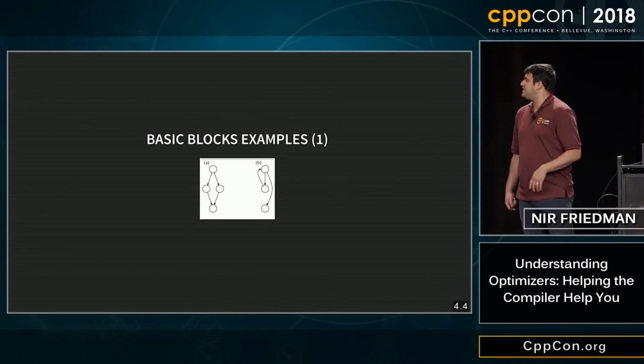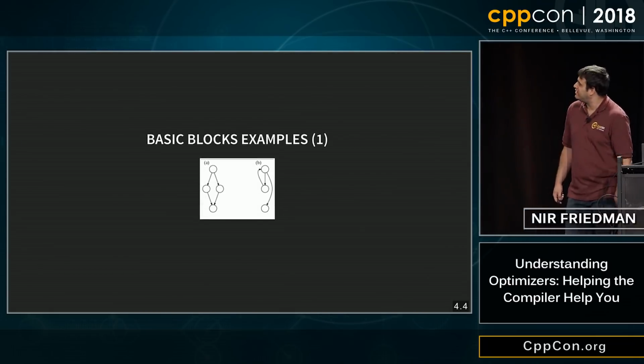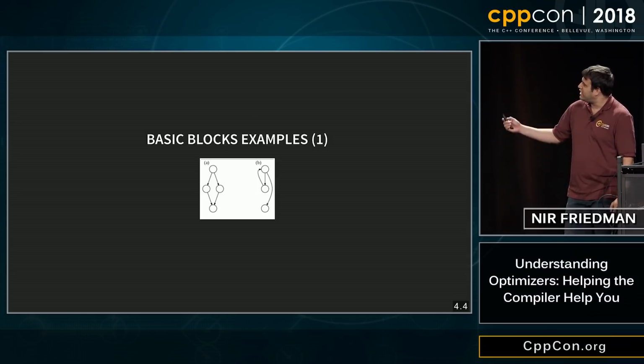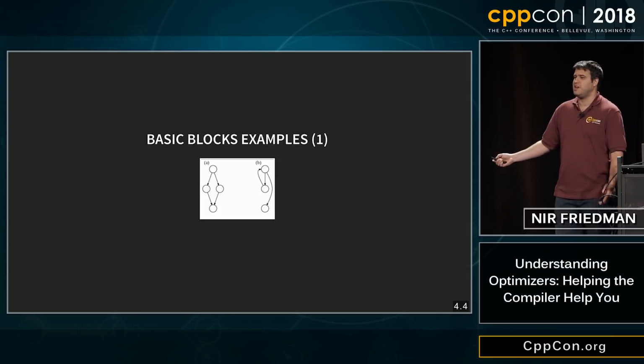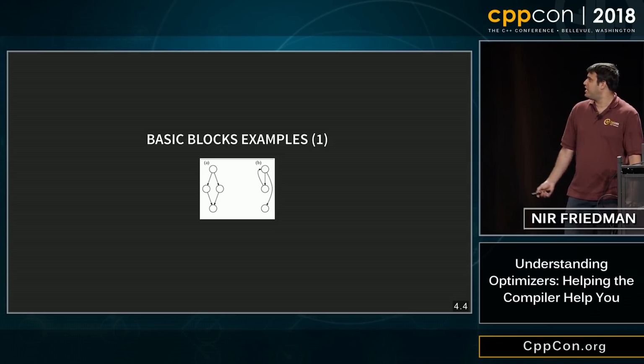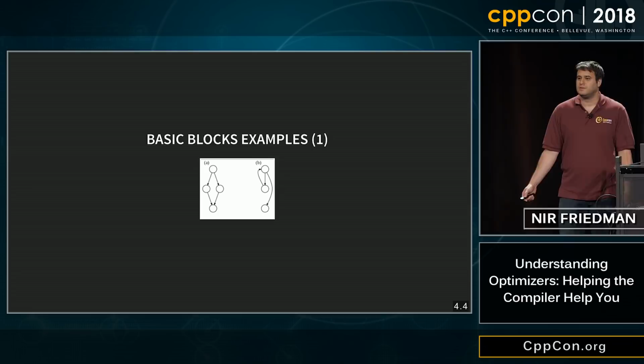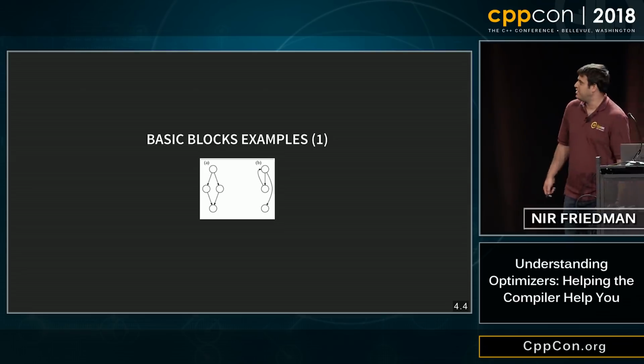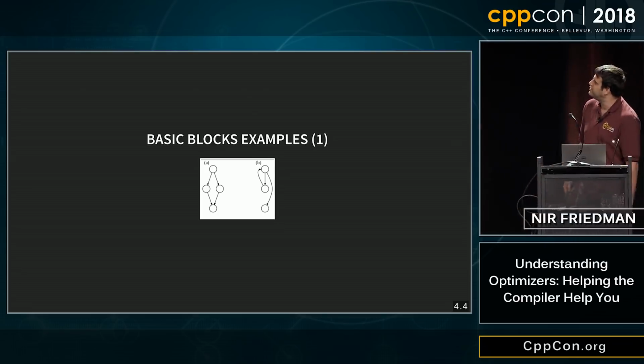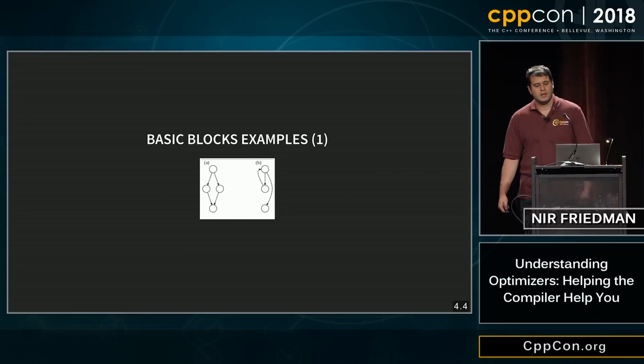And here's a couple of examples of basic blocks. Those pictures could be bigger. So what's the first one? Can anyone just yell it out? If else, right? What's the second one? It's a loop, right? Some kind of loop. It's not a for loop, but either a do or a while.